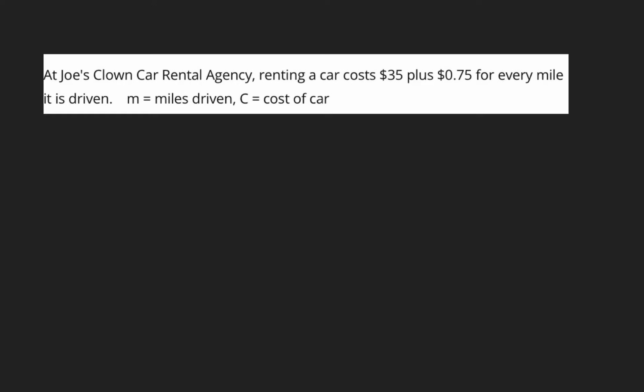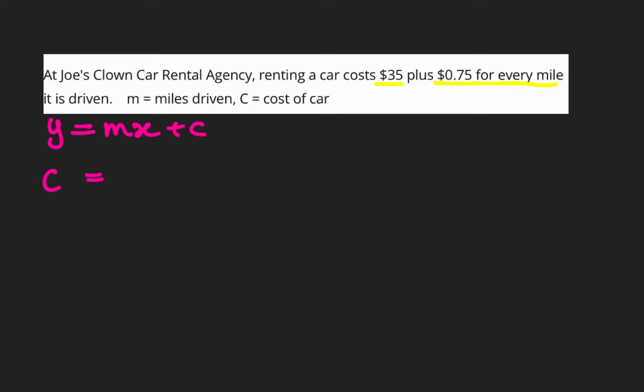At Joe's Clown Car Rental Agency, renting a car costs $35 plus $0.75 for every mile it is driven. So M is the miles driven and C is the cost of the car. So what we do here is we know that this is the initial amount and this is 0.75 for every mile. So what happens here is following y is equal to mx plus C,